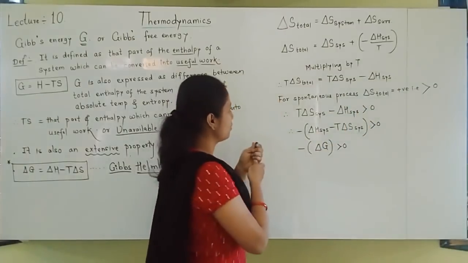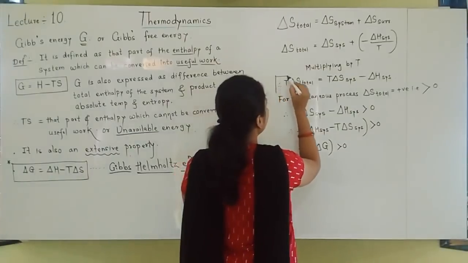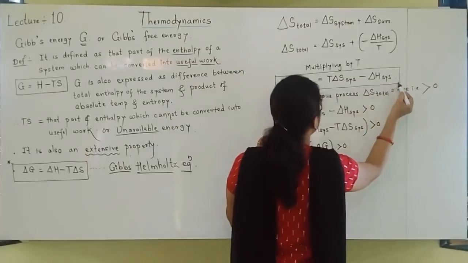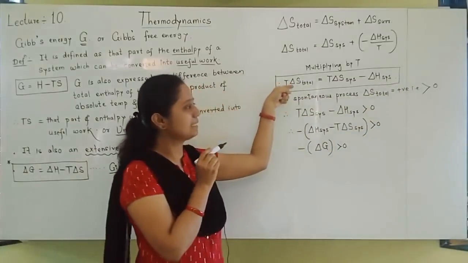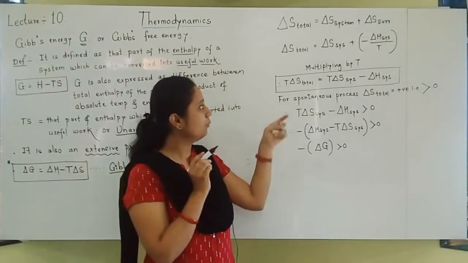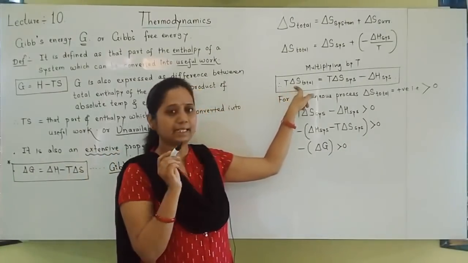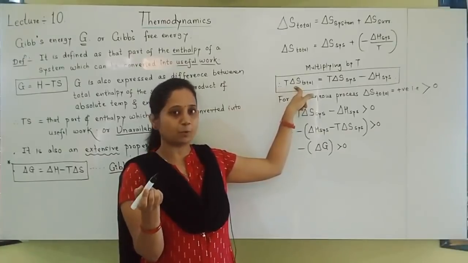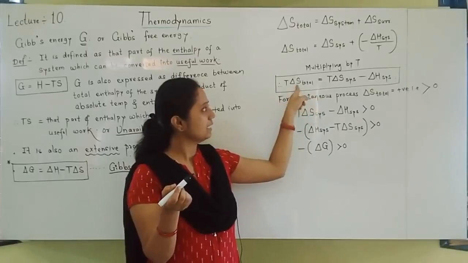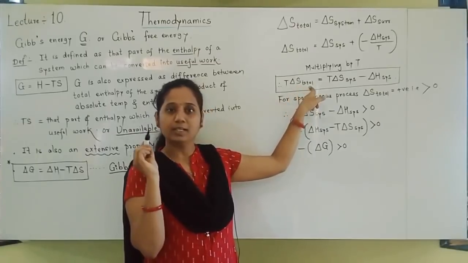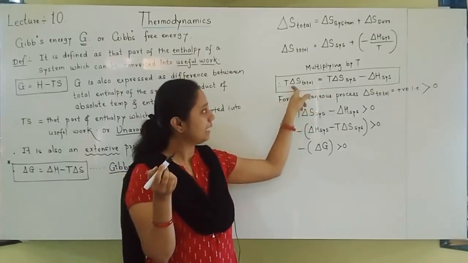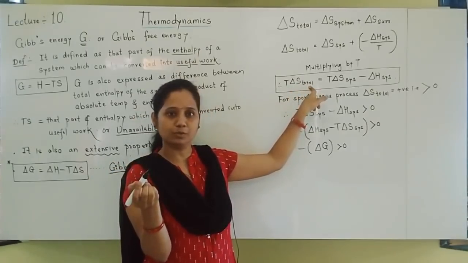Now we got this equation, students. See the equation properly, then you will understand that the left hand term is T delta S. Now here already you know that delta S is always positive for spontaneous processes. Just now we have seen, for spontaneous processes, this delta S total should be positive. We solved a problem also based on this. So delta S total should be positive.